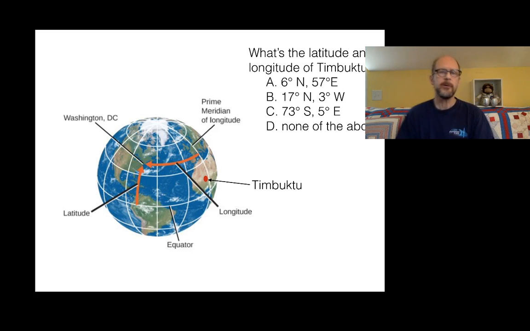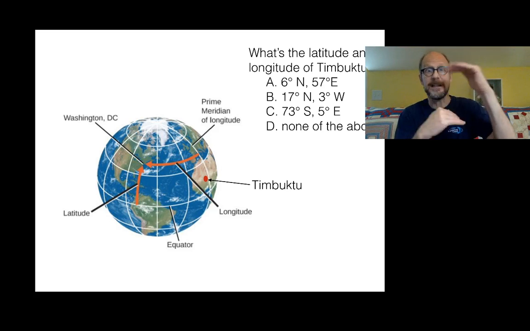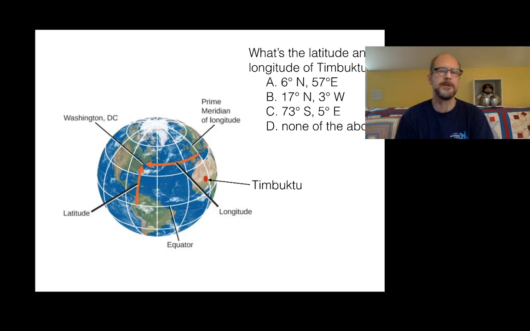What's the latitude and longitude of Timbuktu? That's in Mali. I'm giving you some choices here. I'm not asking you to estimate, I'm just asking you to distinguish between these wildly different choices. What do you think it is? Hit pause if you need to think. And then I am hoping that you have chosen answer